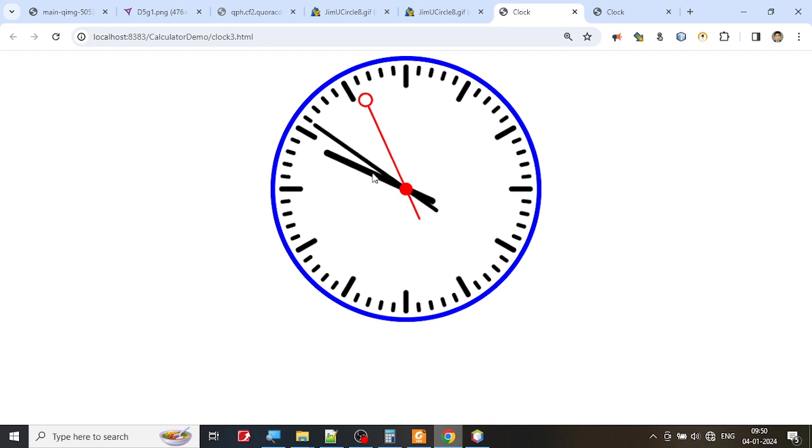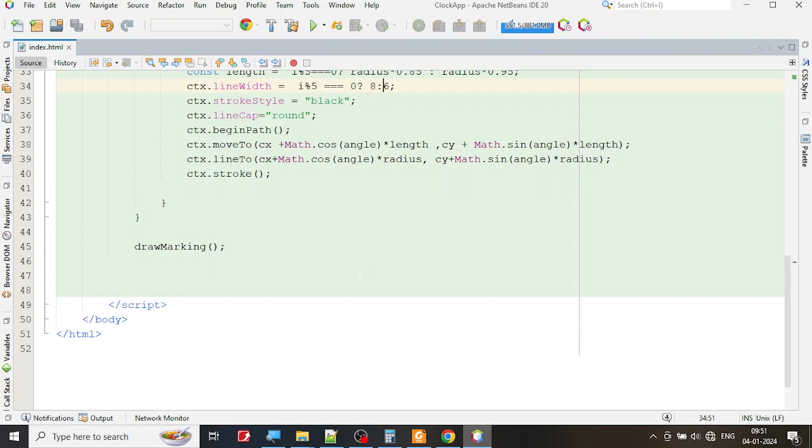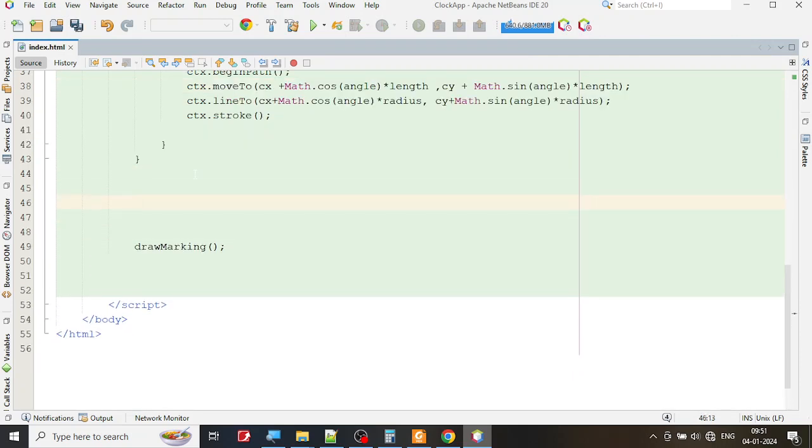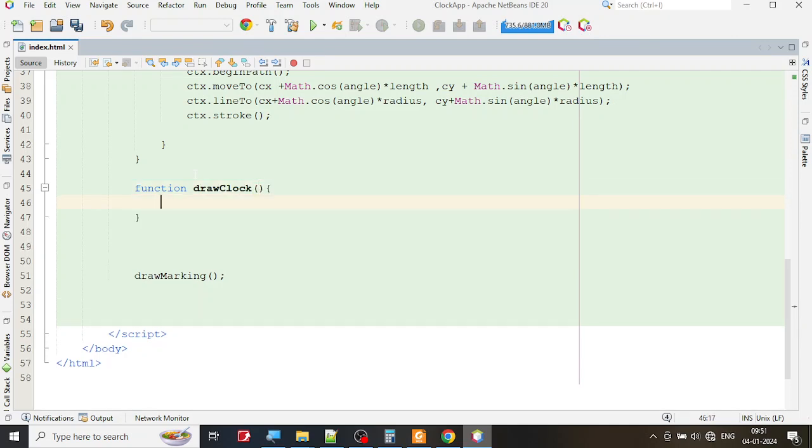So where is this position? It is coming to 10 o'clock or something. Where is the position? That's a very important thing, how to get the position. So I'm going to write a function here, and I'm going to say draw the clock. Let me start with the function. Draw clock. Okay. This is going to be my function,